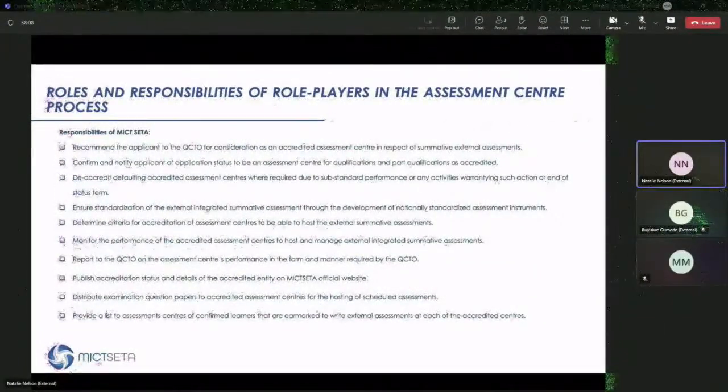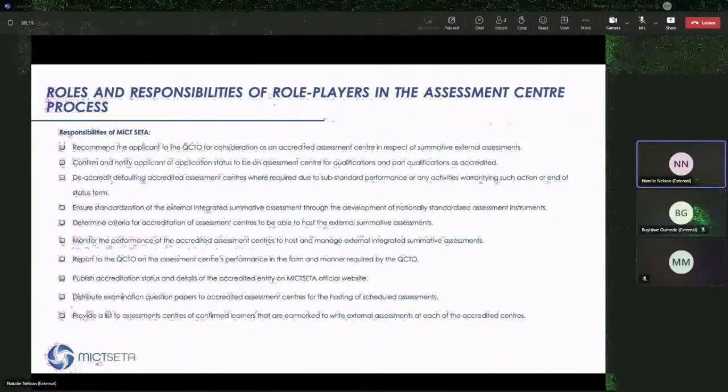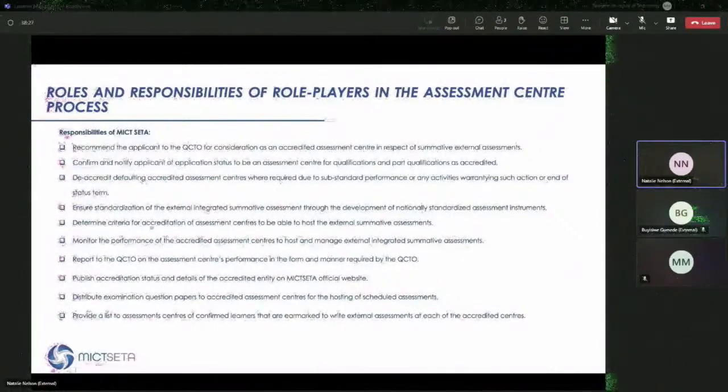Our responsibility is to recommend you to the QCTO. We notify you of the outcome. We engage with you at the session with your advisor around whether we will endorse you and which qualifications we would endorse you for, prior to it going to the QCTO. We also engage with you around any gaps that may exist in the process.